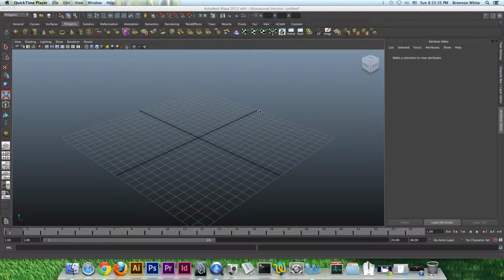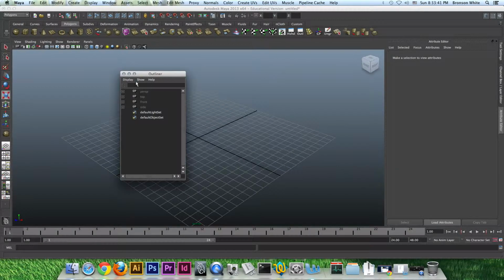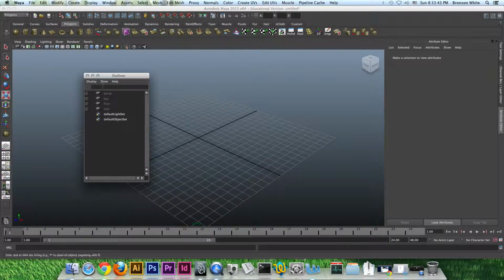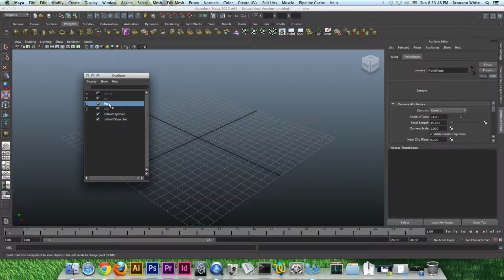Today I'm going to show you the outliner. This is a pretty useful window. Okay, so to start off, here's the outliner window. Basically it shows you the different things you have in your scene. I don't have anything in my scene yet, but